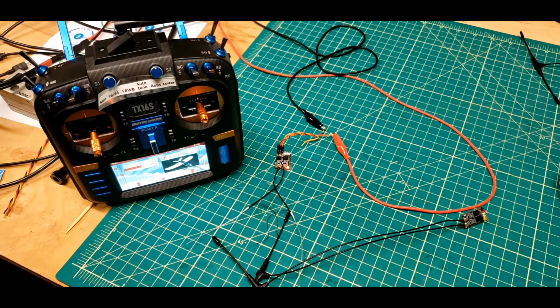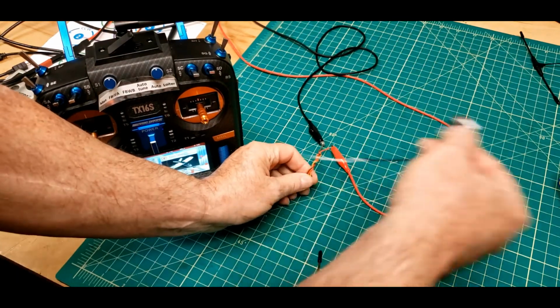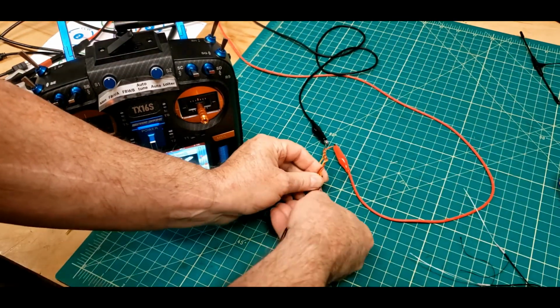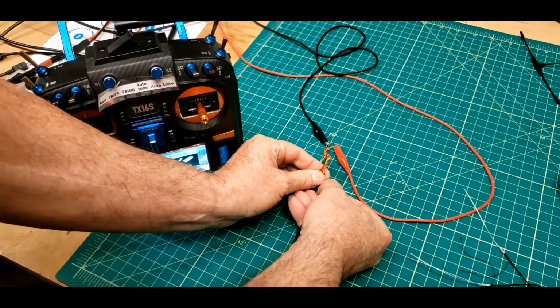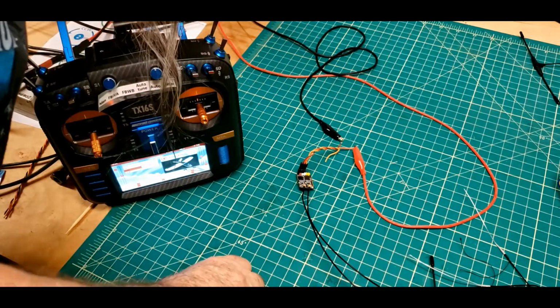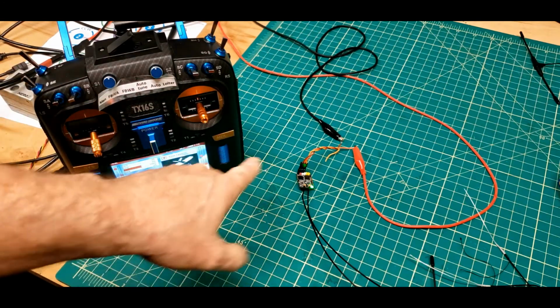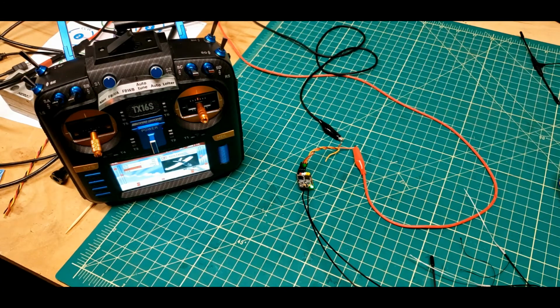I'll switch these back real quick. And I'm not going to cycle the radio this time. I don't think it really matters. With encryption on, I'm only bound to the last receiver that transmitter was bound to. Blink, green light, bound. They're working perfectly together. Is there something I don't understand here? Anybody shed any more light on this? Because,